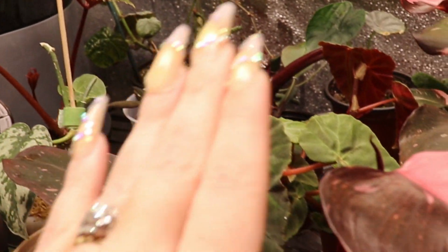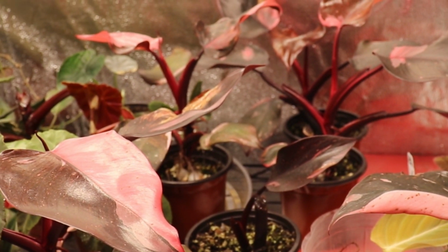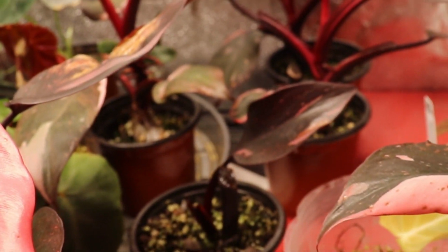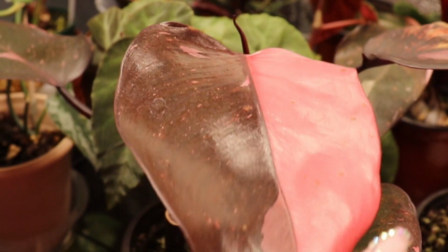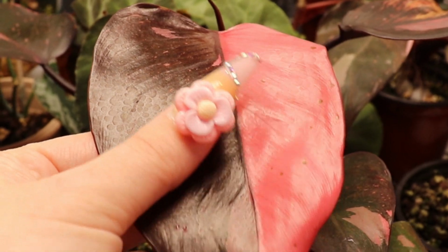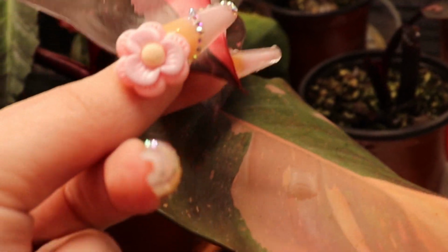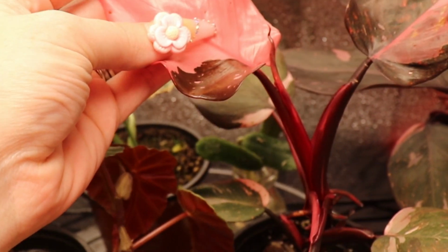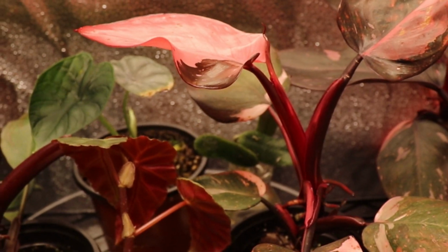Some of them weren't in here yet, but I heavily burned a lot of these pink princesses when I first put them into the tent. I had the light turned up. It's got a knob, it's adjustable, and I had the light turned up way, way, way too high. But you guys know it's a running joke in my household about not having half moon leaves. So since these pink princesses have been in here, they're one completely half moon leaf, and you can see the burn spots. One almost completely pink leaf, and you guys, I've not seen levels of variegation like